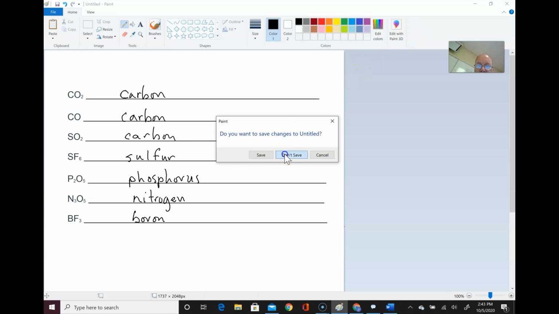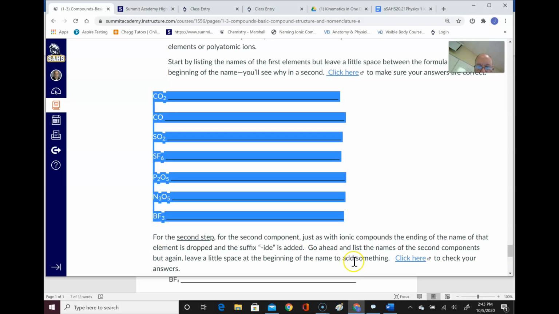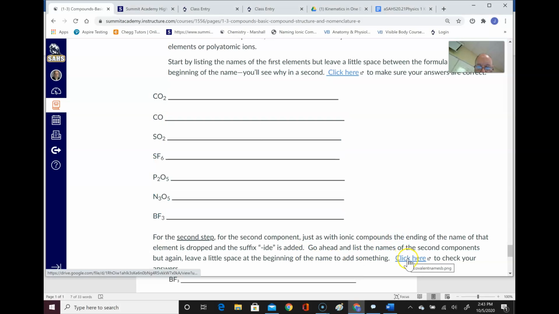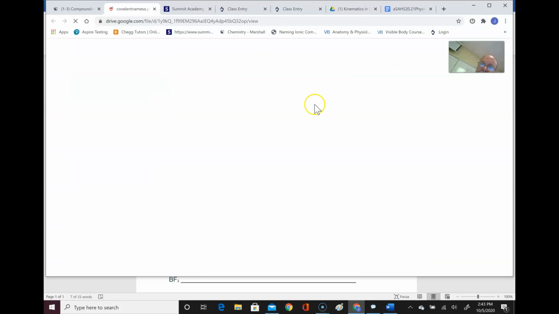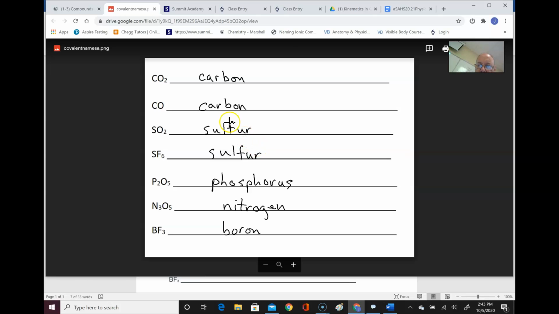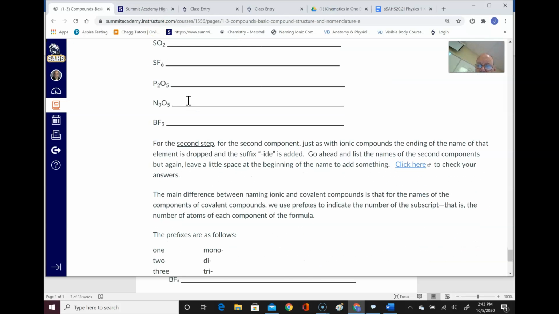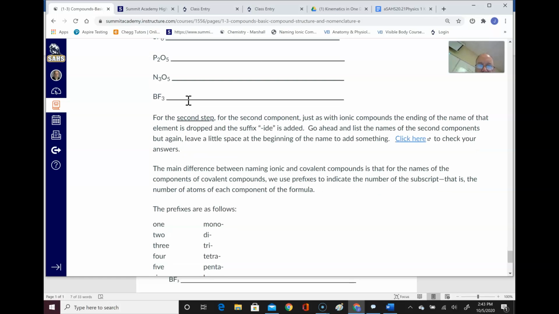So go back to the presentation, and you can see here that this is exactly what I've done in the image here. Okay, so I've just written that first name down. For the second step, the second component, just as with ionic compounds, the ending of the name of that